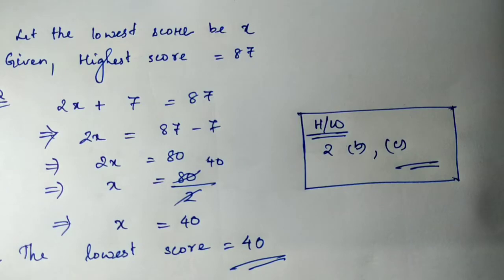Now let's move on to question number 3. In question number 3 also we have a few questions. Roman numerals 1, 2, 3 are given. I'll do 1 and 3 for you all. Irfan says that he has 7 marbles more than 5 times the marbles that Parmeet has. Irfan has 37 marbles. How many marbles does Parmeet have?